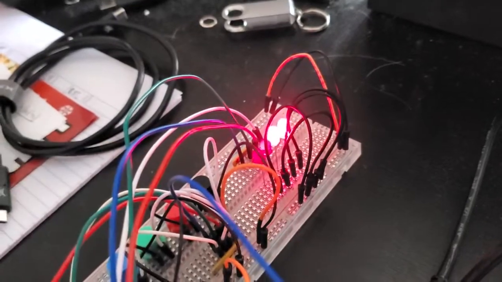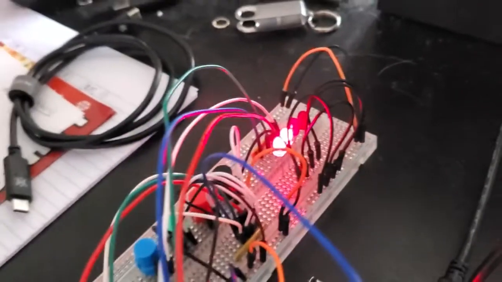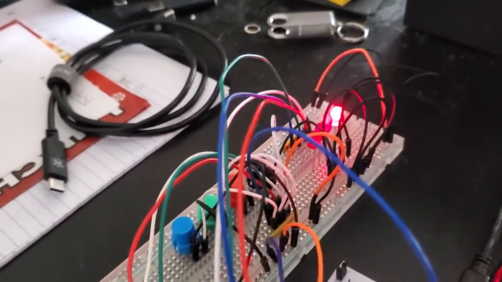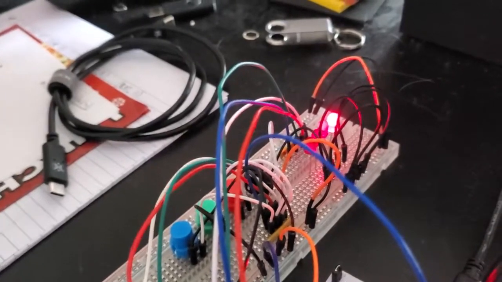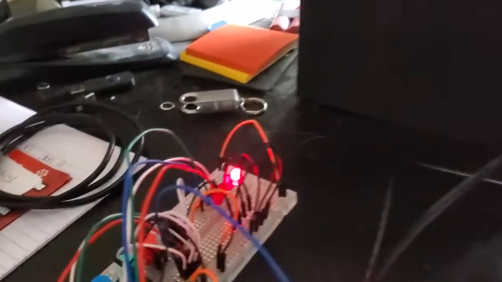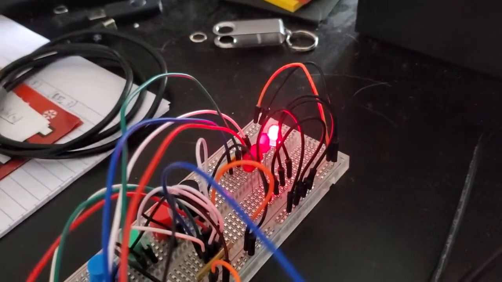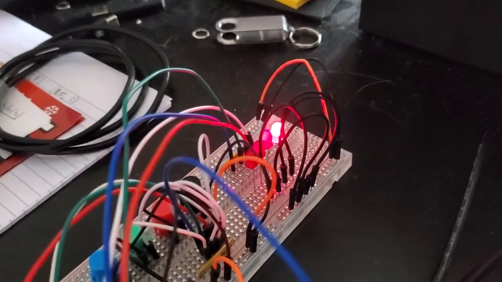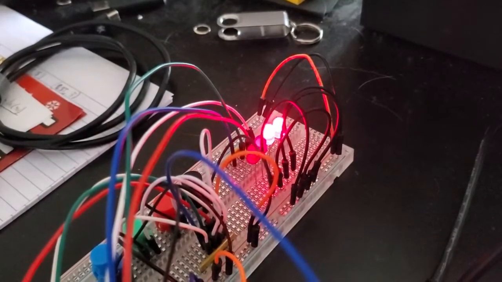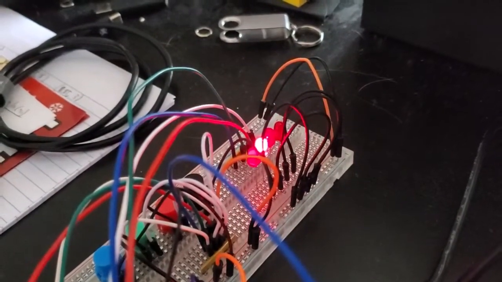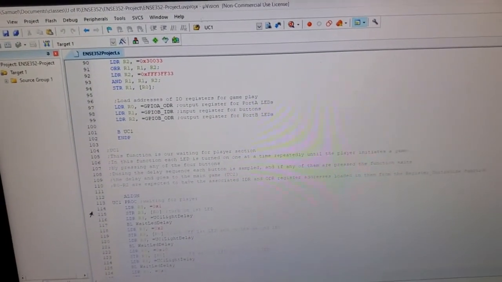So I am not sure what has gone wrong with it, but this time I decided to display 1. And then it'll go back to waiting for player here. So you see, it doesn't seem to work properly when it's running just on the board,